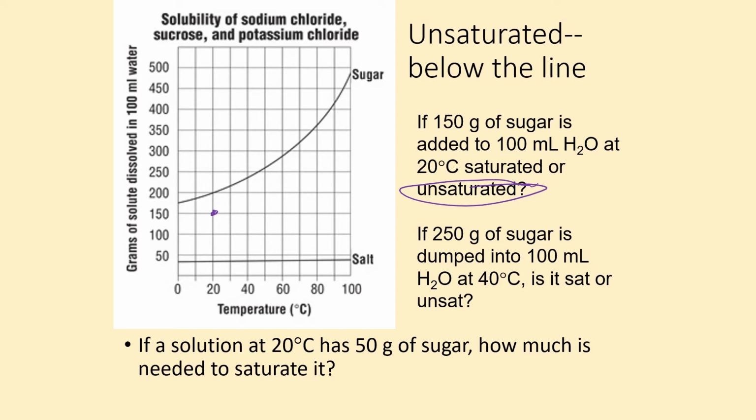If 250 grams of sugar is dumped into 100 milliliters of water at 40 degrees, what would happen? So here's 40 degrees, here's 200 grams of sugar. Whoops, no, that's 200. So we want 250 at 40 degrees. Okay, we're up there. Now, the truth is, at 40 degrees, you'd only be able to get about 240 grams to dissolve. So it would be saturated, and in this case, the extra